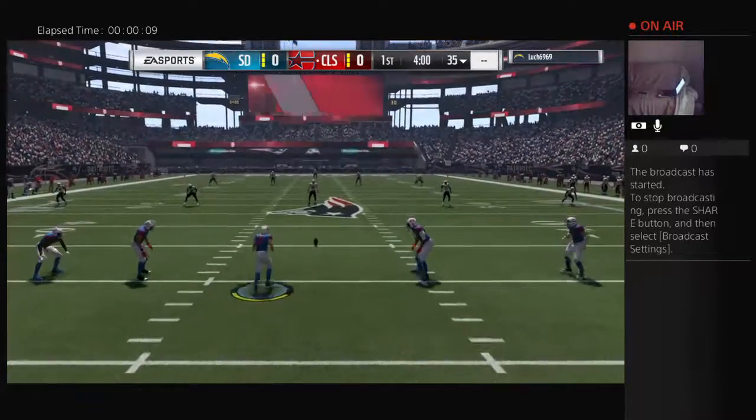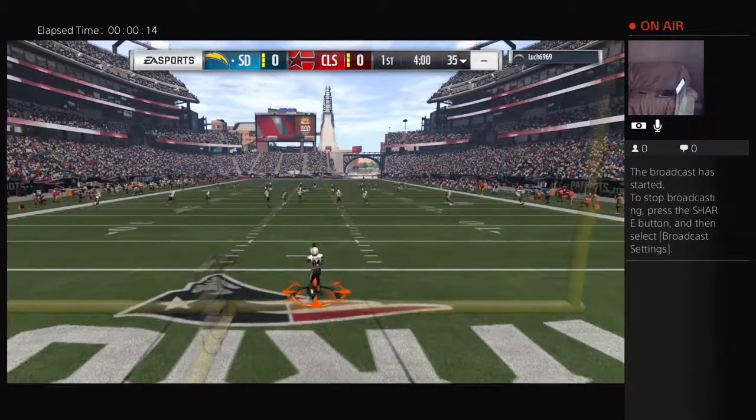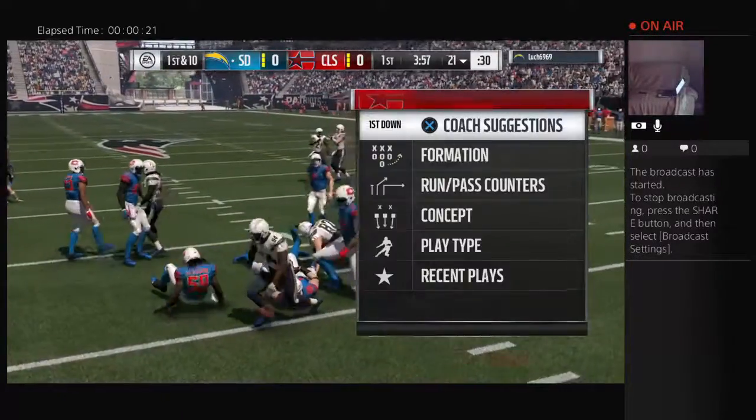Caleb Sturgis now to do the honors and get us started. And off we go in Madden Ultimate Team. This is fielded a couple yards deep. Oh, a heck of a move. And he's able to get it across the...